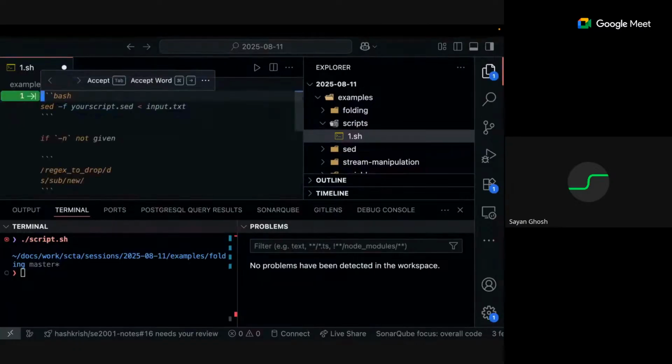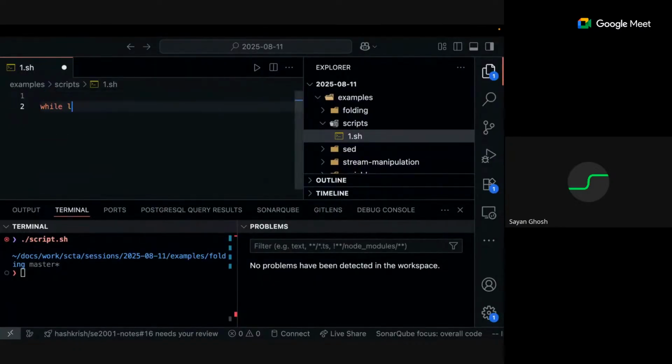So I'll give you a very simple example. Let's say I do while ls. ls will always give success, right? So I can do something like that, and let me give a sleep, otherwise it will print a lot of times, but you don't need the sleep. So if I run this,